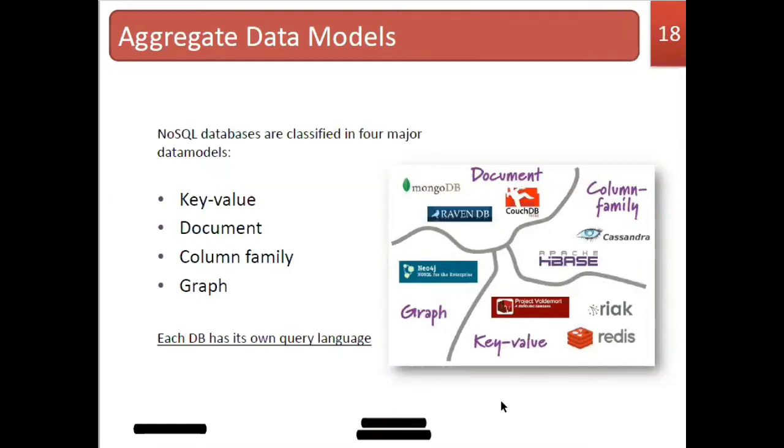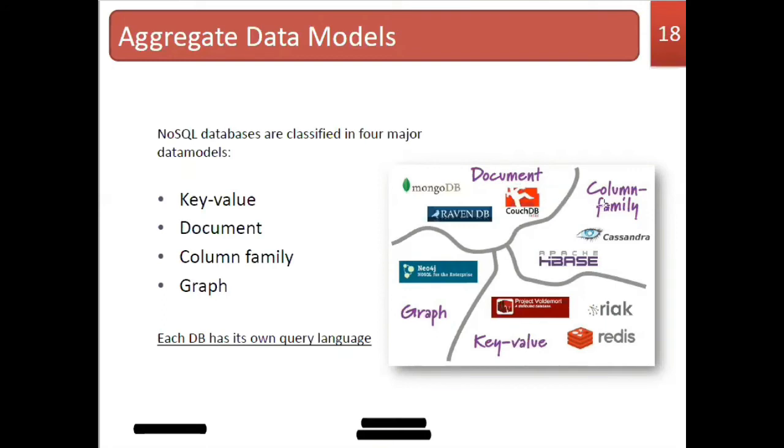We have given some examples here. For the document data model, the NoSQL databases using it are MongoDB, RavenDB, and CouchDB. These are the three main important NoSQL databases. Apart from these, there are other databases also. These three main NoSQL databases use the document data model way of storing the data.